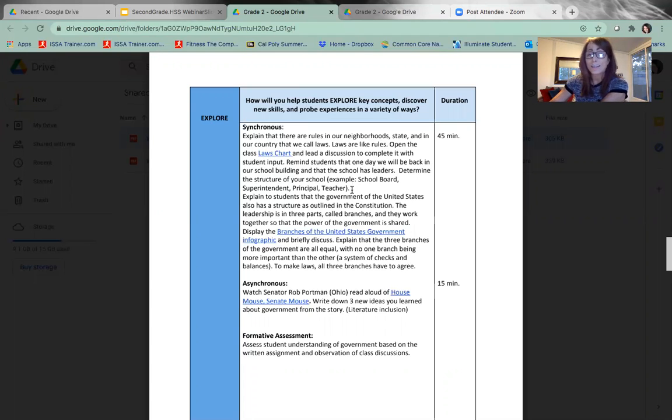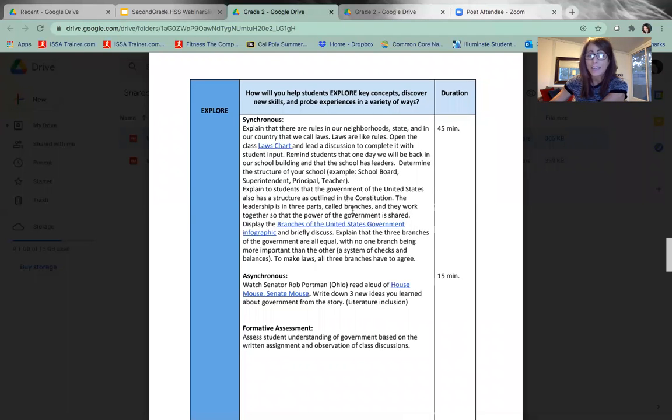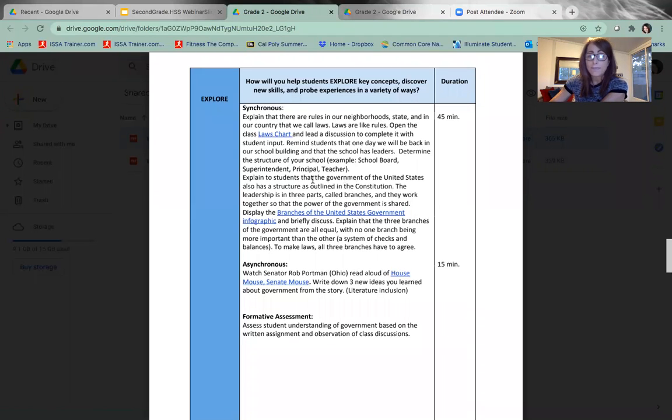And so there's this structure of government within a school district, and then connecting that to a structure of government for our country. At that point, there is an instructional piece and an infographic where you look at the branches of the US government in a